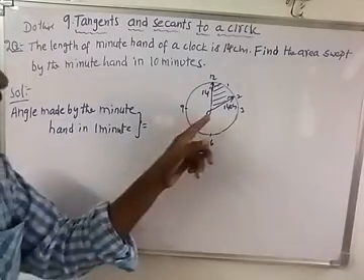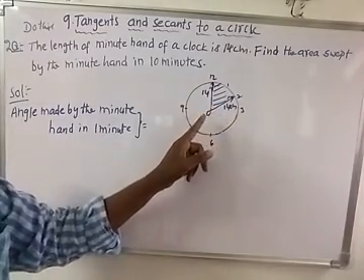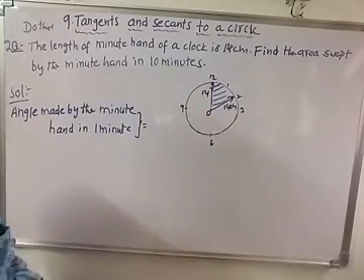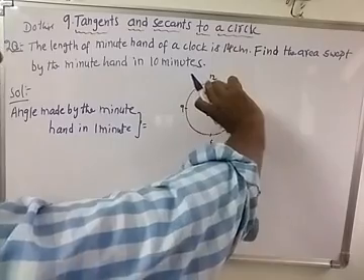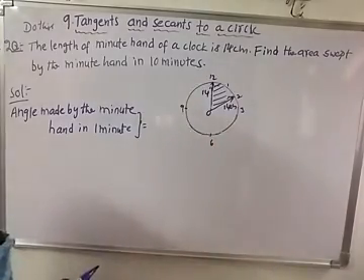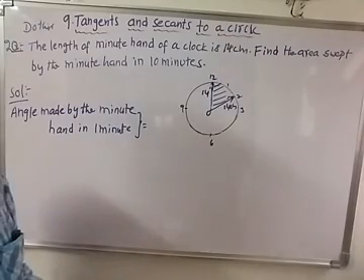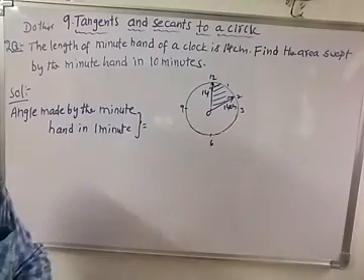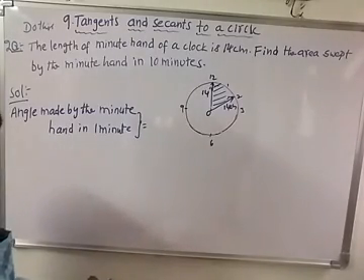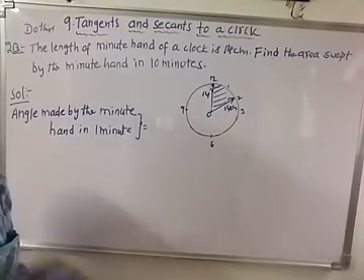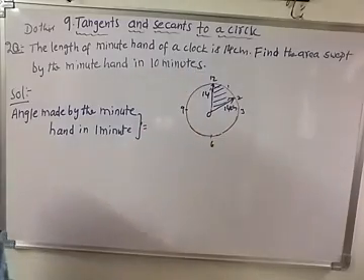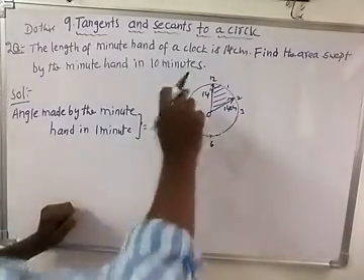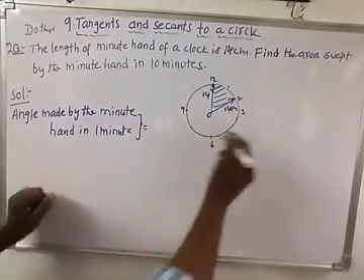So we know the angle at a point is 360 degrees. So in a clock, the total angle around is 360 degrees. The minute hand rotates 60 times in 1 hour. Now, how much angle is rotated in 1 hour? The minute hand completes one total round, so that is 360 degrees.